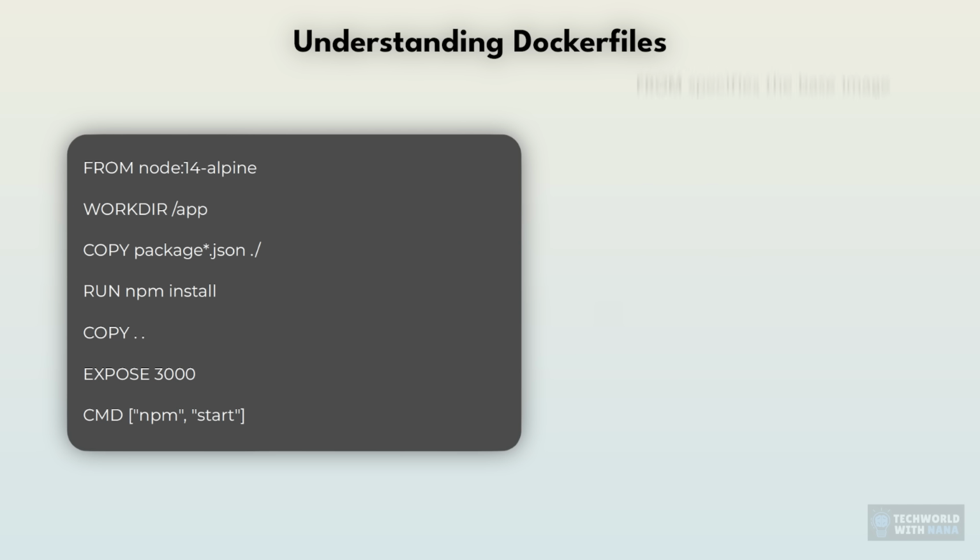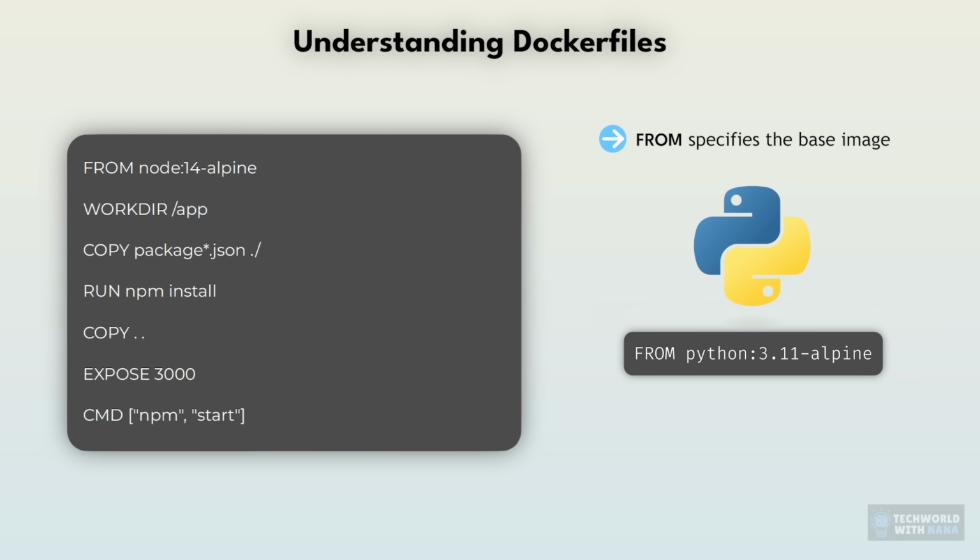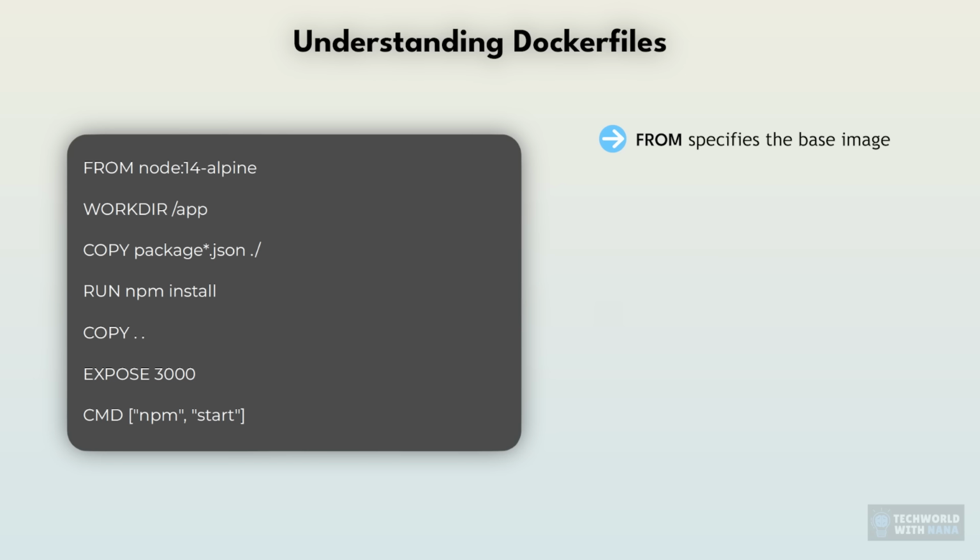You always need the FROM directive, which basically specifies the base image that you are building your own Docker image on. As I said, your application may need Node.js version 14 to run because it's a Node application, so you can specify that there. You have a Python application that needs Python to run, you take a Python image. That's how it works. Then you have a few other Docker directives, setting the current working directory inside the container,